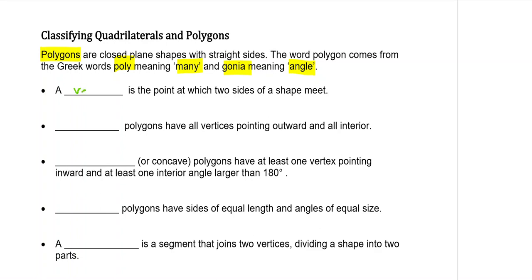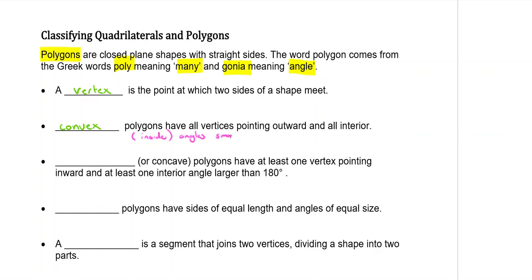A vertex is the point at which two sides of a shape meet. And we can have special names for the types of angles that are made. So we have convex polygons, which have all the vertices pointing outwards and all interior angles. So what that means is that the inside angles